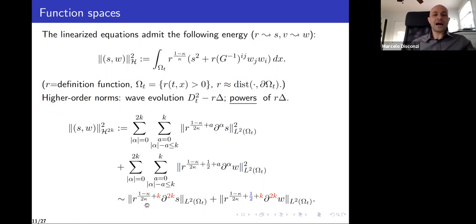So these extra weights are coming from the fact that you're building this norm on top of this basic weighted L2 norm. The same thing for W, right? You have R to the k times 2k derivatives, which is this guy to the power 2k, with some extra weight that's coming from this weighted L2 norm. And notice that you have an extra factor of half here because this norm in the W component has an extra factor of R here. Okay, so that's how you construct these norms.